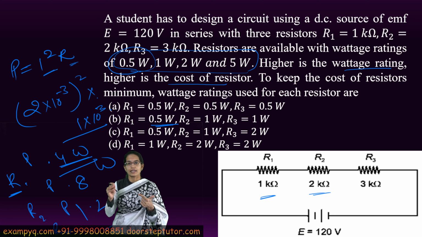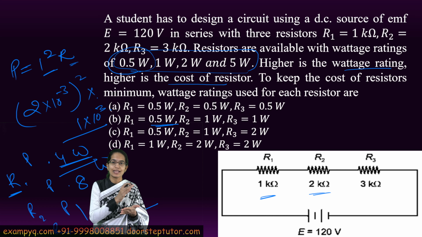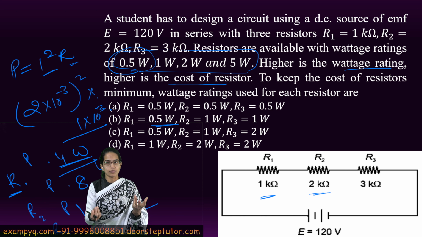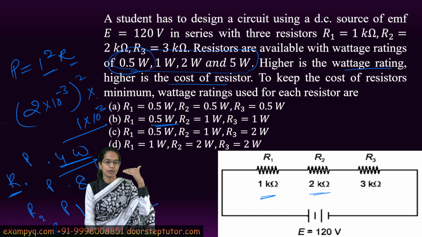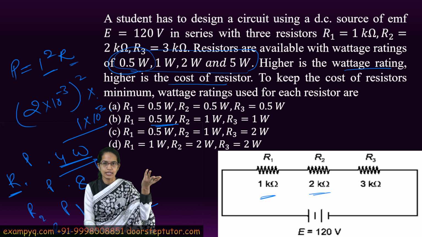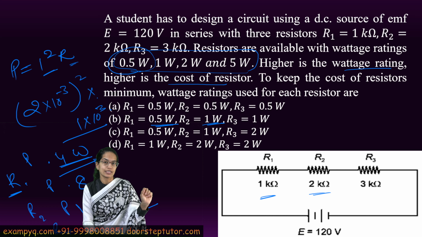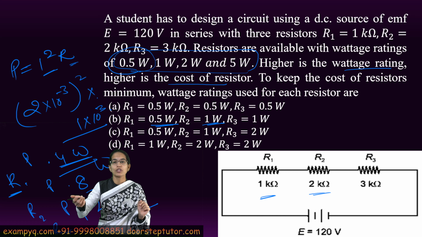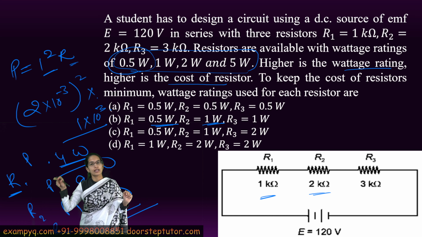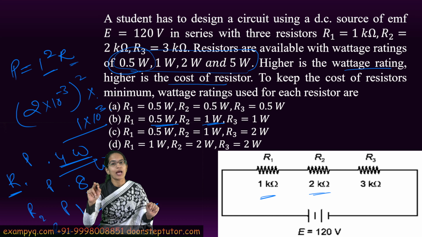Now understand, I cannot take a power rating which is less than this, because if it is less than it, then it would actually burn. So the power rating should be a little higher than the one given. So for 0.8, it should be a little higher. So the 1 would be the best option here. But now understand, 1.2, I don't have an option of 1.5 power rating. If I would have had an option of 1.5 power rating, I could have gone for it.